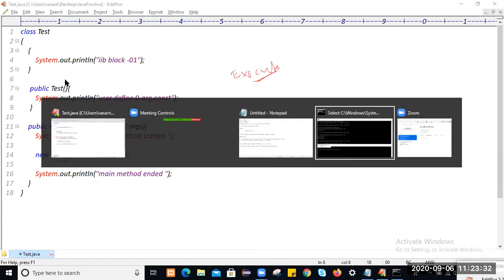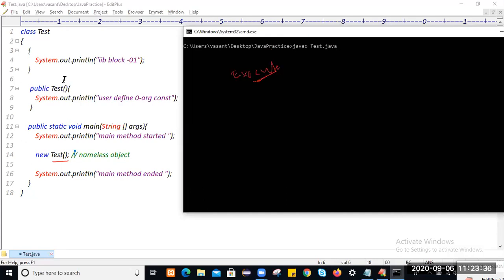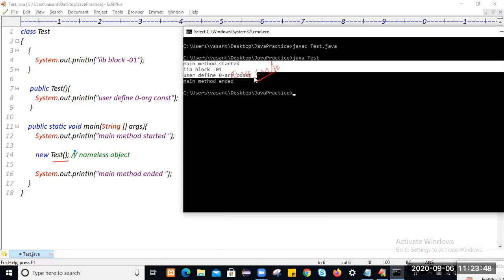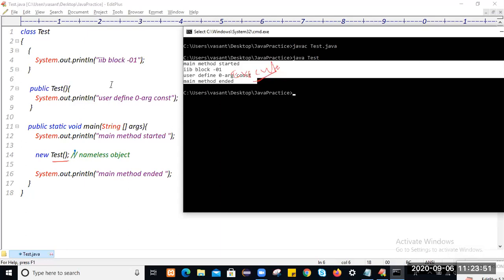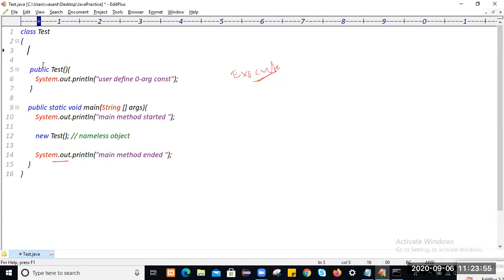Observe carefully. Let me clear the previous one. First compile this and then run it. You see, main method started, IIB block executed, user defined zero-argument constructor, and main method ended. You may think that we kept the instance block above the constructor.